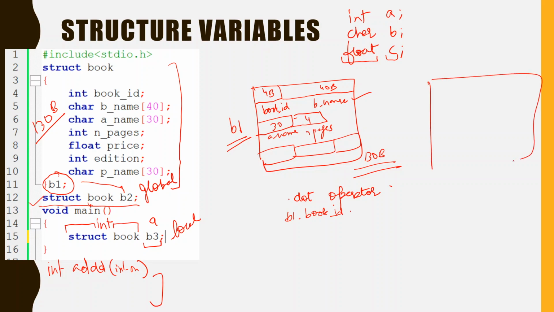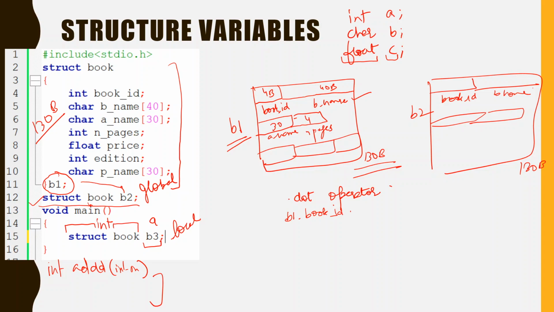Suppose we also have a 130 byte block, and this block would belong to b2. This b2 will again have the same things: book id, and it will have a book name. As soon as a memory is allocated, all the sub elements, or member elements, also get the space in the same block.